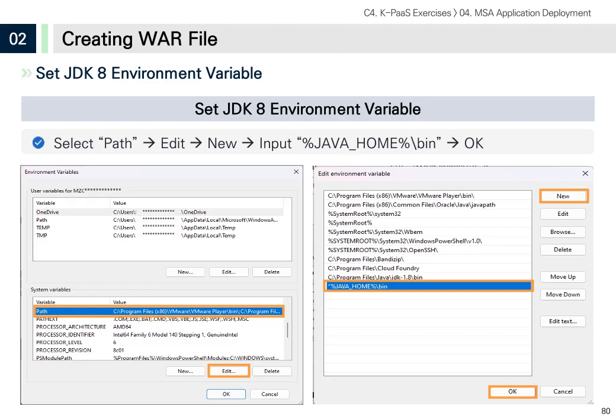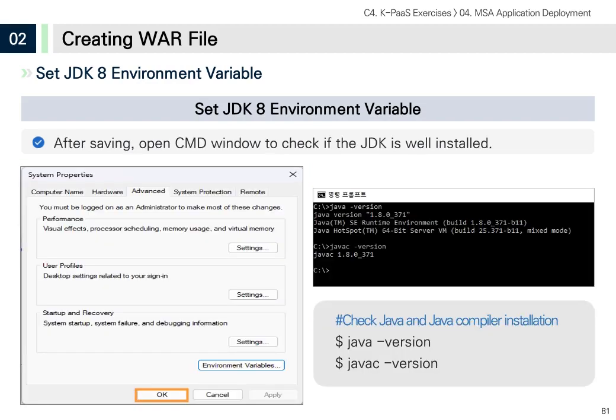In the Edit Environment Variables window, click New to add the bin location of Java Home to the list, and then click the OK button. When you're done setting up the environment, click OK in the System Properties window to exit, and then open a CMD window to verify that the JDK is set up well. The installation verification checks the versions of Java and Java compiler by entering the command shown on the screen. If they both come up with a version of 1.8, you can confirm that the JDK 8 environment is set